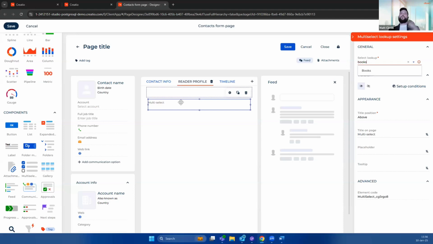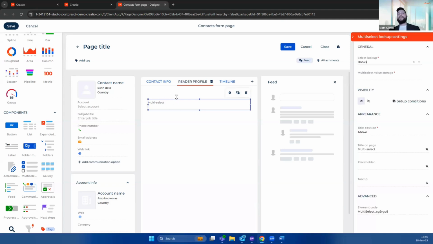Okay, and so for the multi-selection lookup, to set that up, first of all, we need the values that we are going to populate over here. Naturally, this lookup is going to be books because I want to assign books that the given contact has read previously, right? So I've got the source of the values that are going to be populated in here, so those books. But also, I have created a separate data model, which is also very simple, that will build the connection between the source of the books and the contacts. This object I called reader's profile,